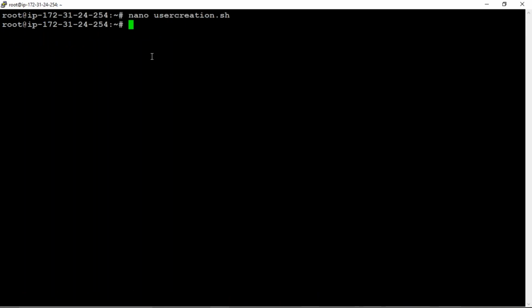Okay, let me exit from this mode. Now I want to create a password for the user also. I'm creating one more file, nano password.sh. This time I'm giving it to create a password.